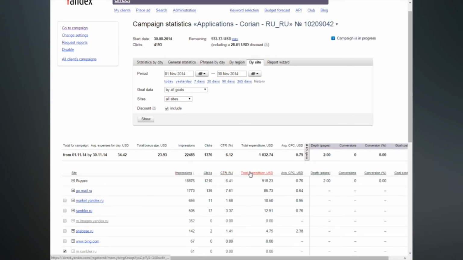I can also filter my data by any of these highlighted tabs if I am interested in some additional filtering options. There are 3 places where you can learn additional information about advertising networks available in Yandex. The first one would be the actual Yandex Help Center.